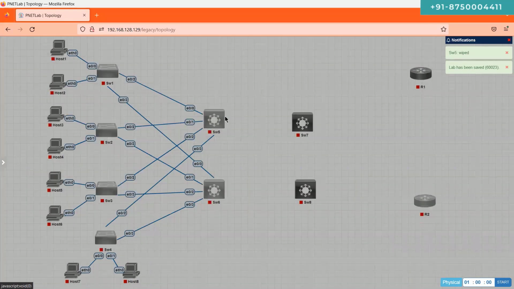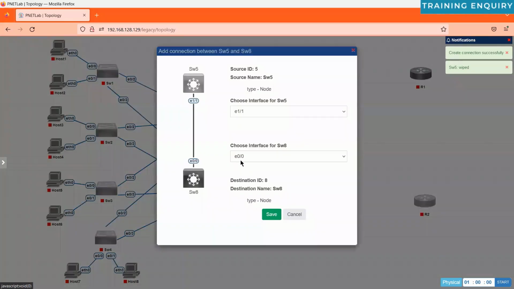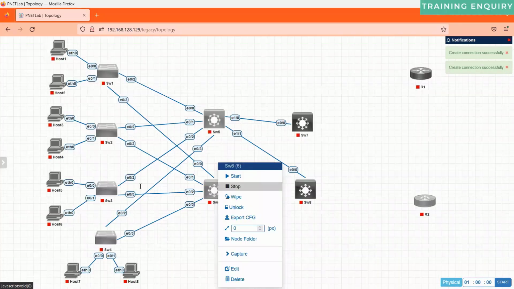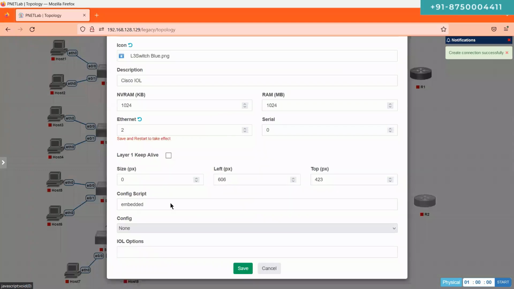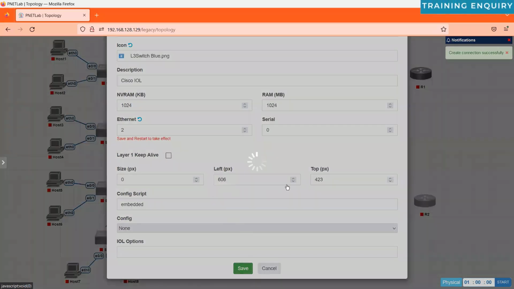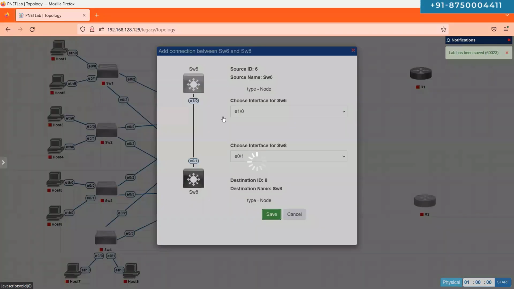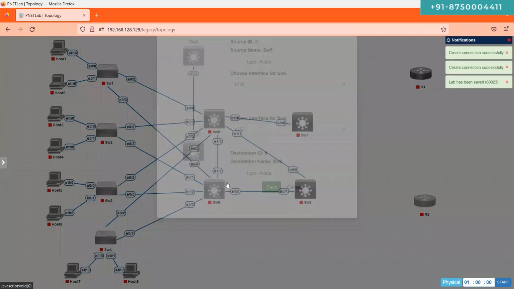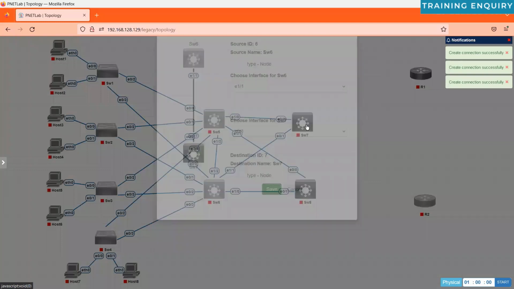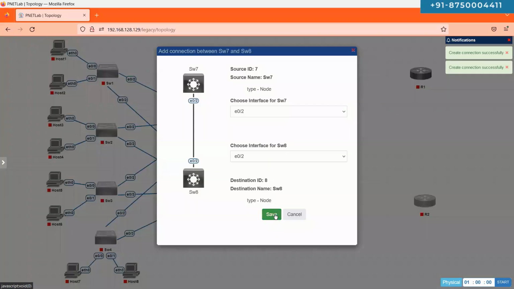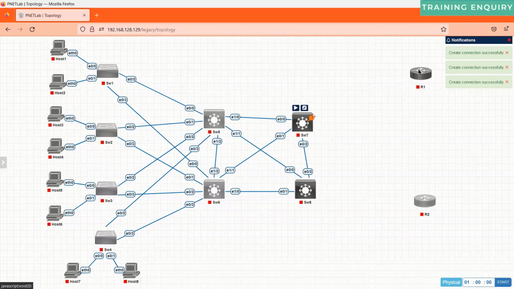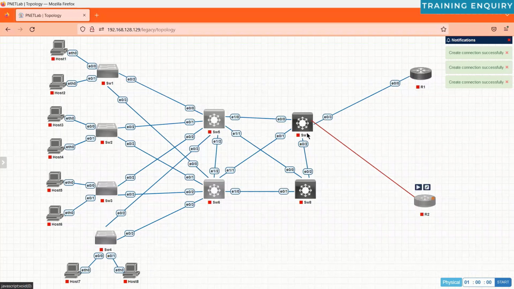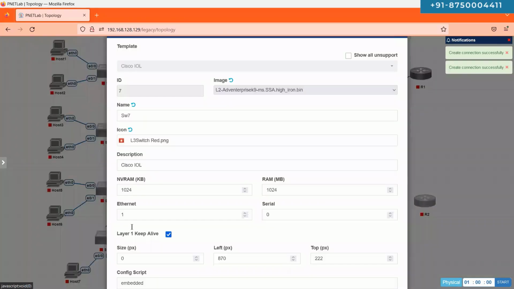Right. So I'm going to connect it like that on all the switches. Okay, here also same thing. Edit. I'm going to add 4 more interfaces. Save. I think we ran out of interfaces. Yes. So here also edit to